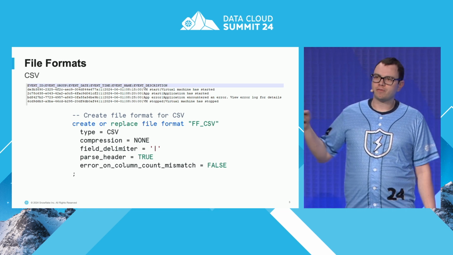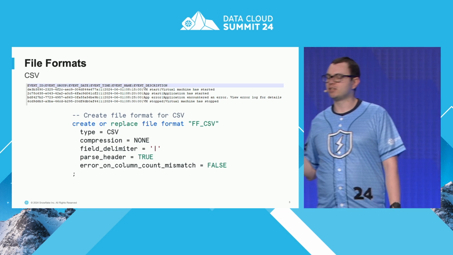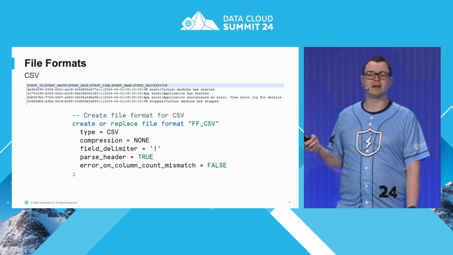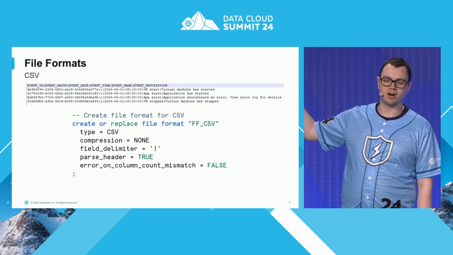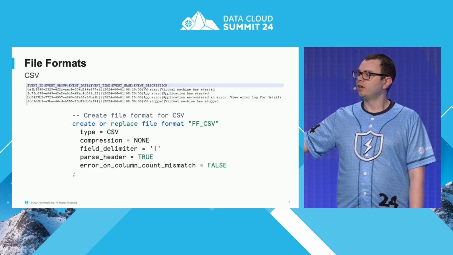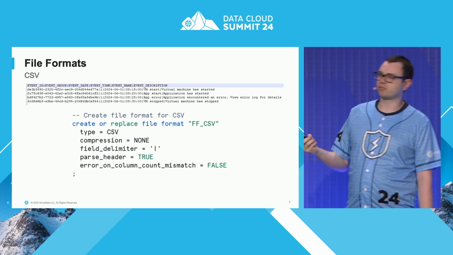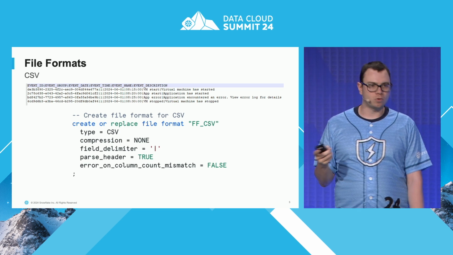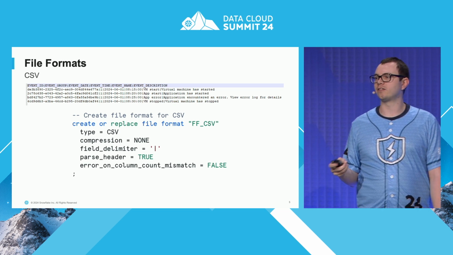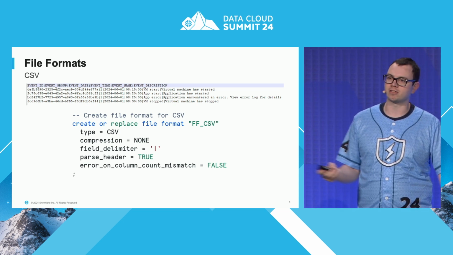Firstly, we're going to be dealing with a few file formats. There's nothing particularly special when it comes to JSON and Parquet here. One thing I do want to highlight with CSVs, you can see I've got this option on the screen here about parse header equals true. If you're going to be doing any of the schema inference stuff with Snowflake, you need to make sure that parse header is enabled, because that's what tells Snowflake how to understand that CSV should be parsed as a metadata file.